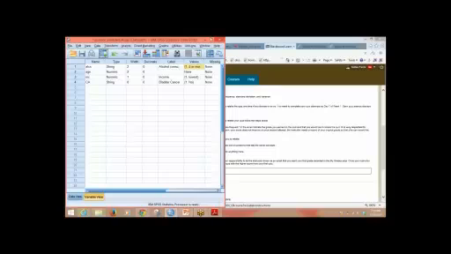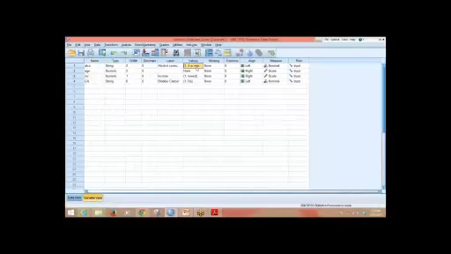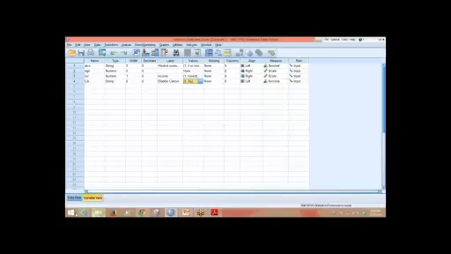But for instance, in this data set, your variables were alcohol consumption, age, income, and bladder cancer. And the possible responses are here. For bladder cancer, the responses were either no or yes.